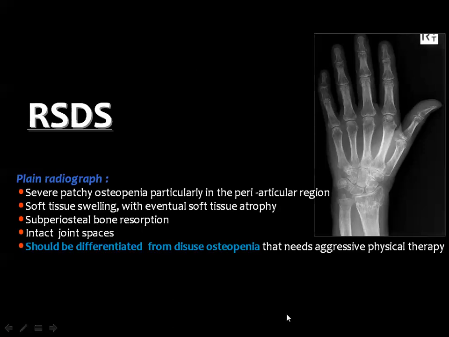Then in the X-rays, you get severe osteopenia in the periarticular area, and you may see the